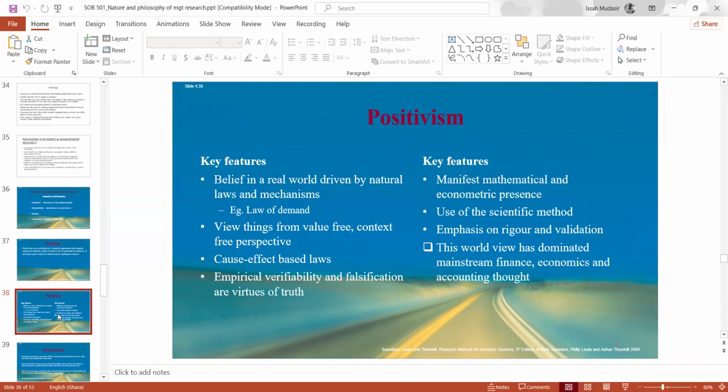Even if they don't know the reason, they will behave that way, which is contrary to economic thought, because economic thought says that the human being is rational. Before they take a decision, they sit down and think, and they calculate to see the pros and the cons of the decision before they move to the next step. Why is it that sometimes human beings don't behave that way?